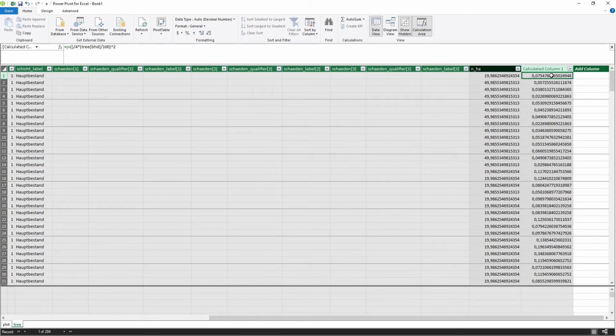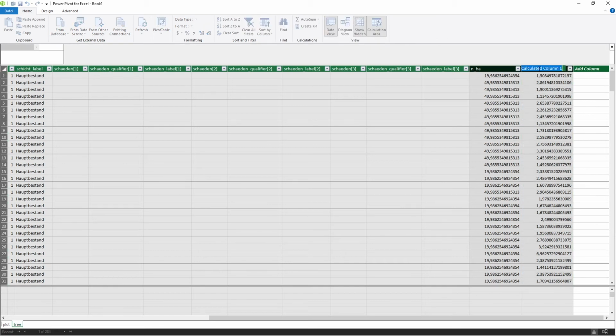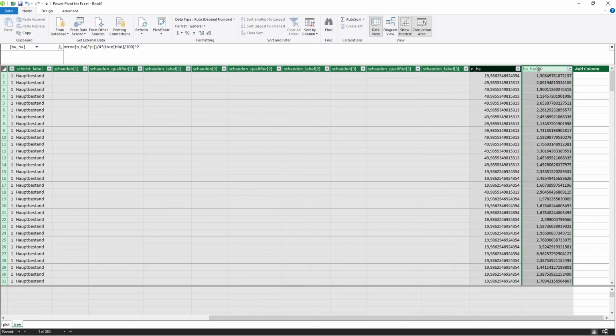What you see now is the basal area per tree in square meters. If we like to have it per hectare, we need to multiply it with this expansion factor here. So what we can do is we can select the expansion factor and multiply the basal area of each single tree to come to a predicted value here of basal area per hectare. And we can give a name to this variable. Let's call it basal area per hectare. And now this is probably enough for a short example.